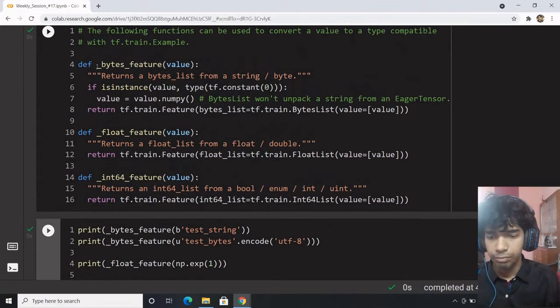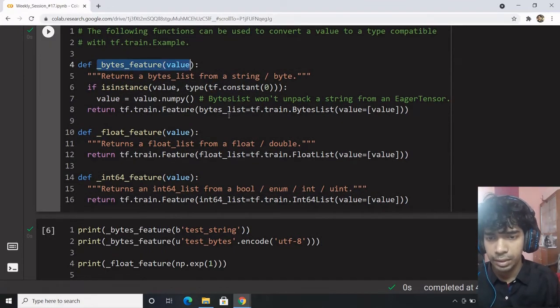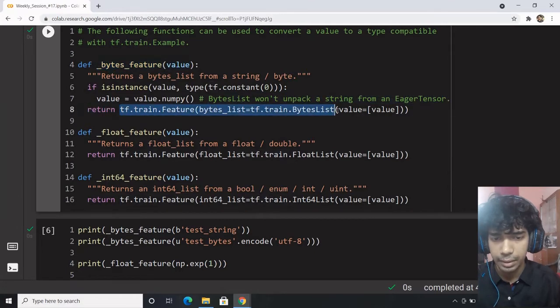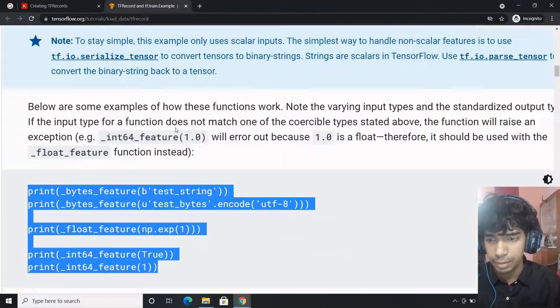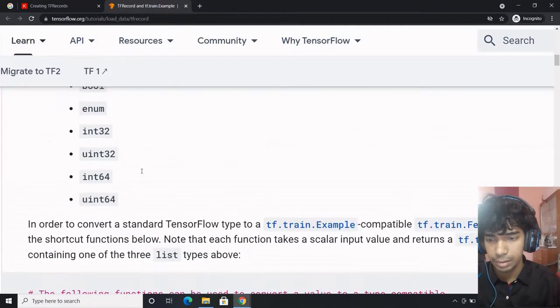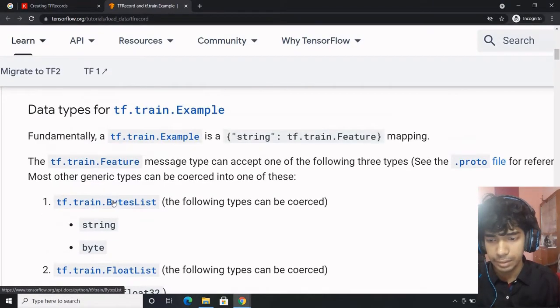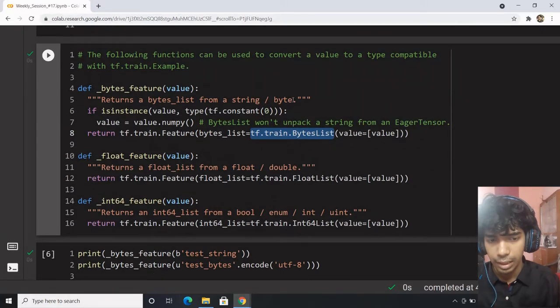The first function is byte list, wherein you send a value of the tf.train.BytesList type, and the value would be equal to the value.